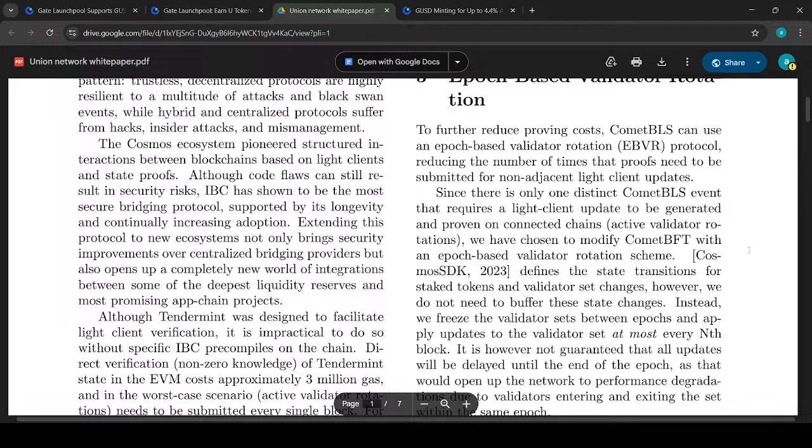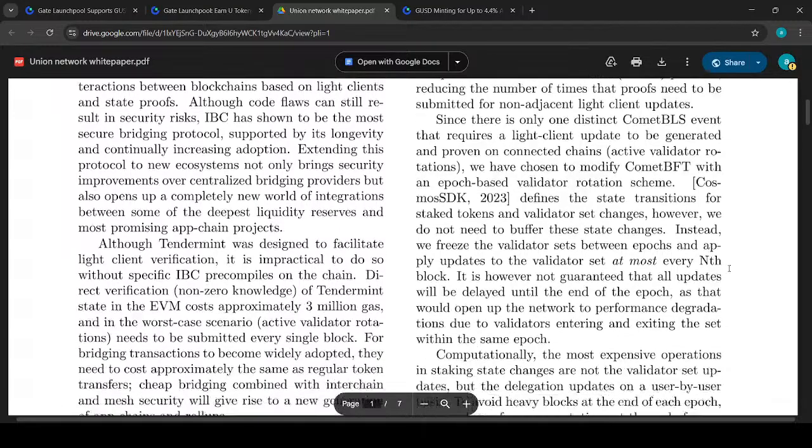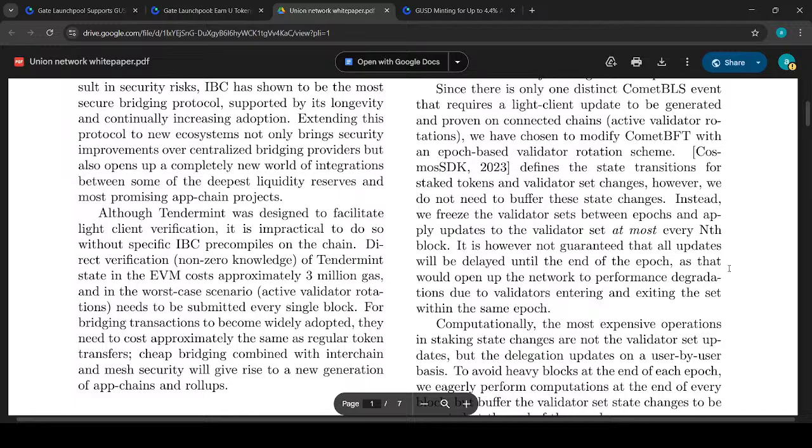However, we do not need to buffer this in the state of the instant of the freeze, and the validator set